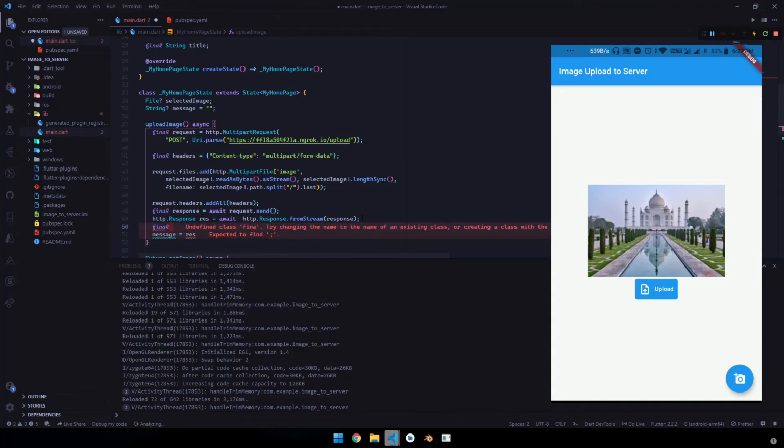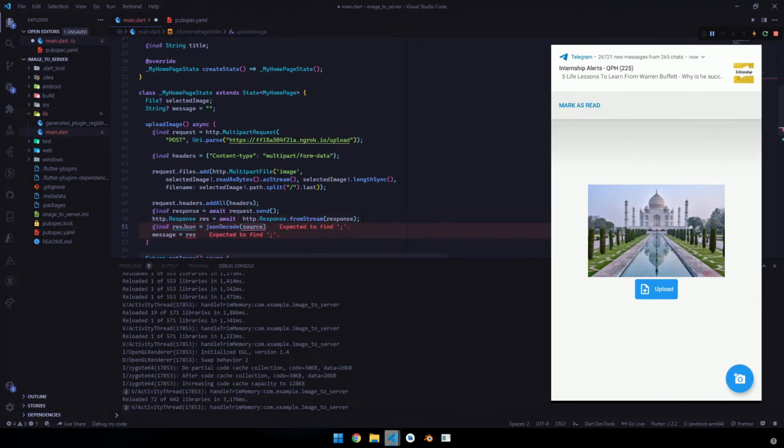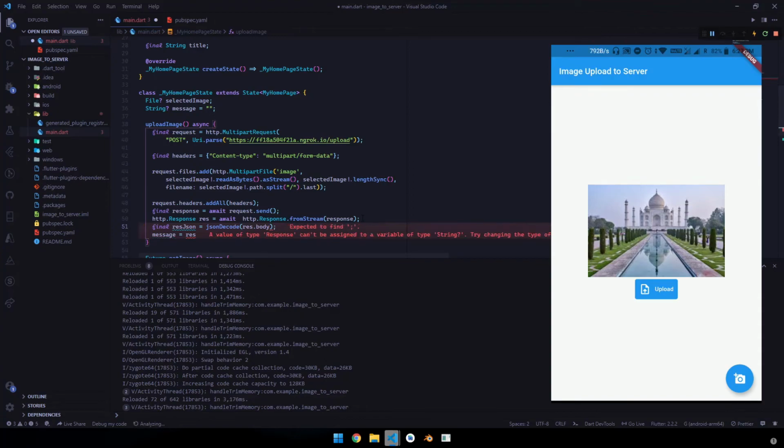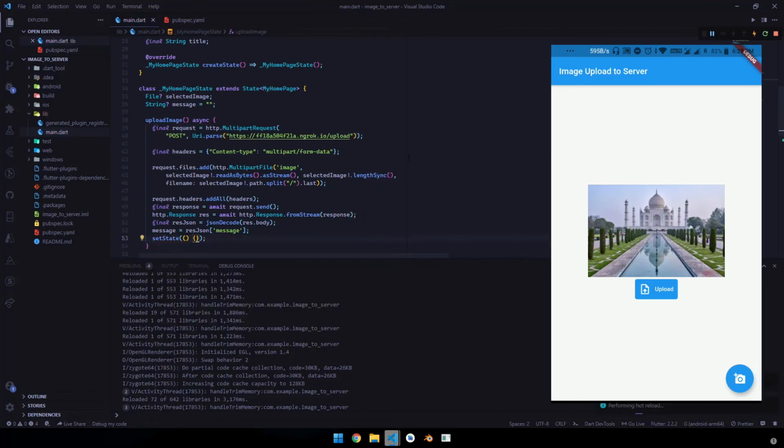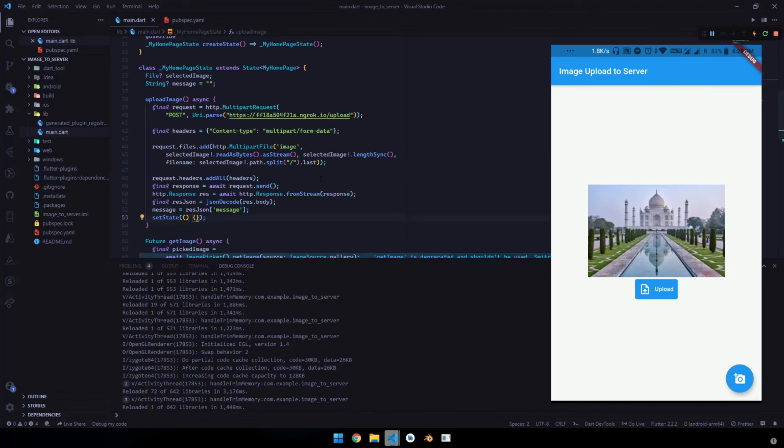For that we declare one more variable called resJson and convert it using jsonDecode of res.body. In resJson we will be storing the message, and the message will be stored inside this message value, and since we need to update it in real time, we need to call setState.